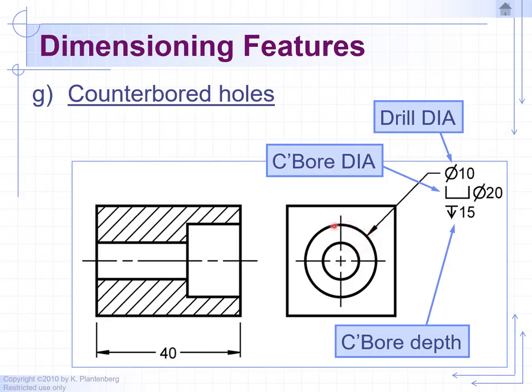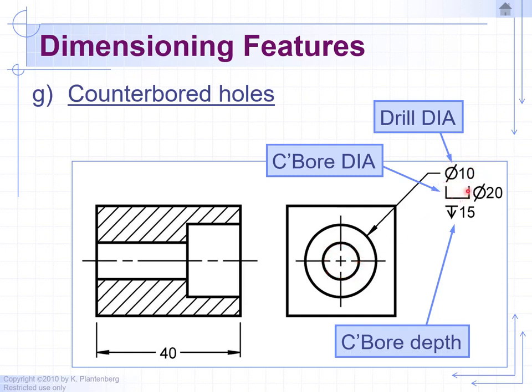Note that the arrowhead is pointing to the large circle, but it's also going to include the smaller circle. Now, even though we're pointing to the large diameter hole, we first call out the small diameter. So here we have a diameter of 10 units. So that's for the small hole,